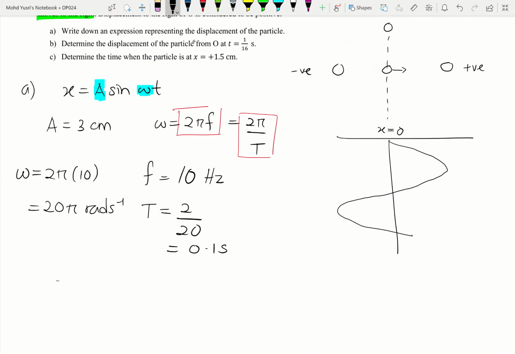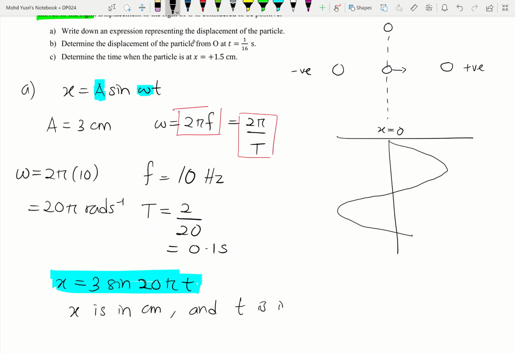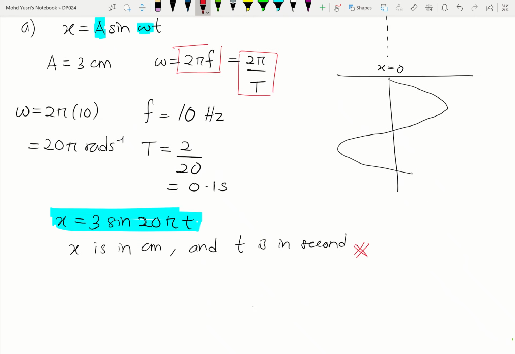Therefore, our equation can be written as x is equals to 3 sine omega t, 3 sine 20 pi t. Okay. Tetapi, perlu kita ingat, kita definekan unit yang kita guna, in which x is in cm and t is in second. Okay, so kita definekan unit. So, itu dia soalan number 7A. Bagi soalan nombor 7B,